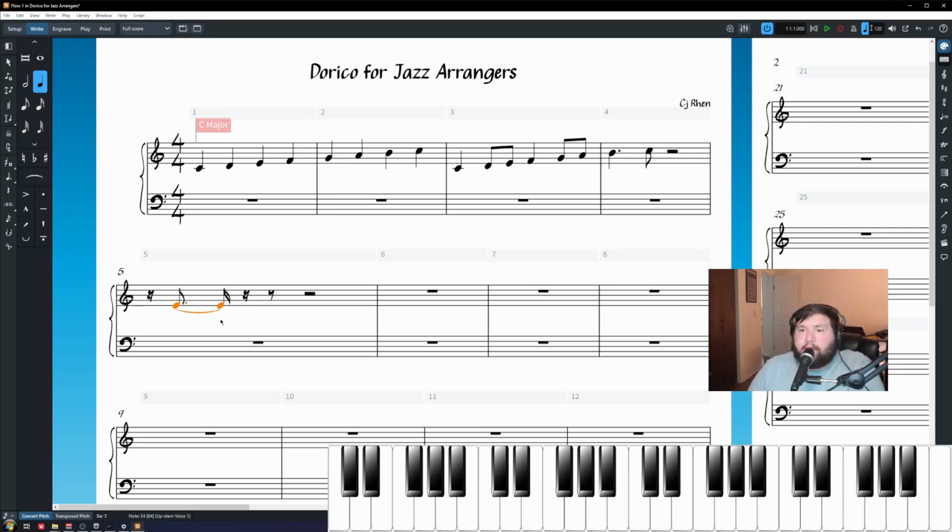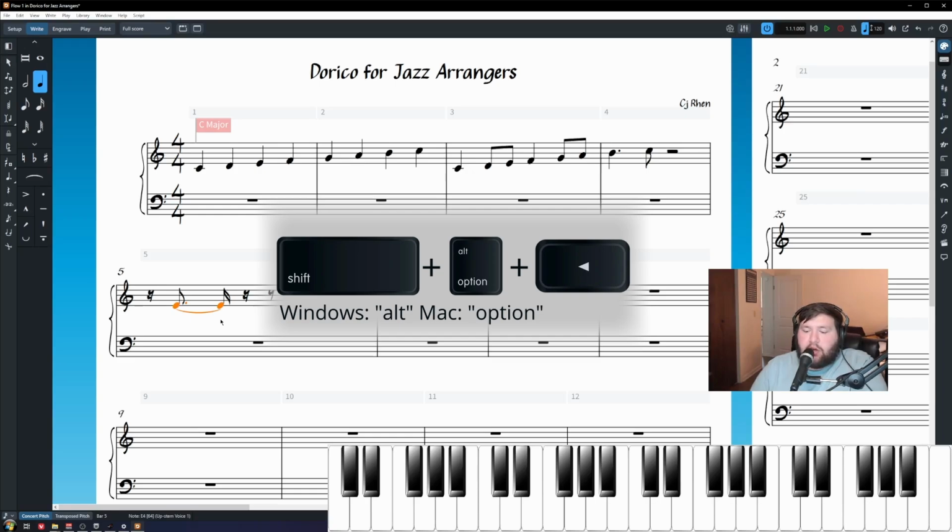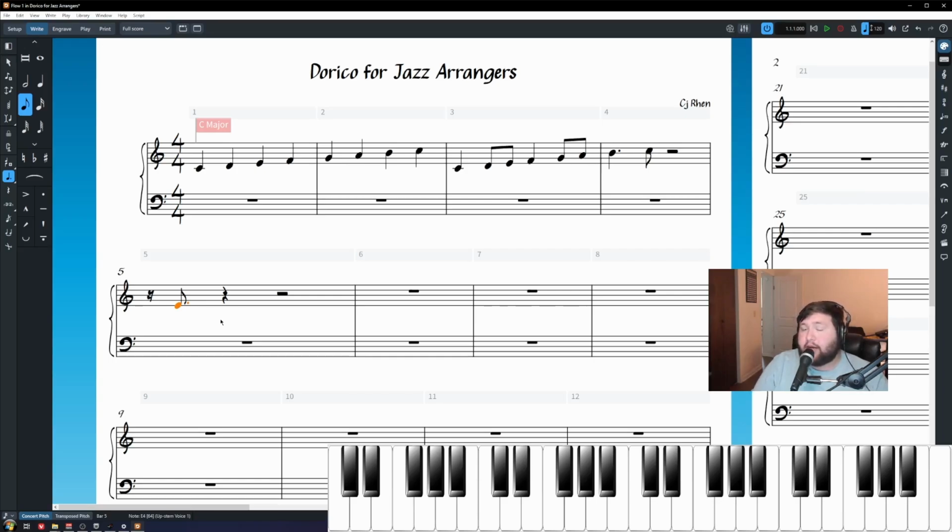Just like we were doing before when we increased it to make that dotted note. Now we're going to shorten this note with Shift, Alt, and the arrow key to the left. Now we got a dotted eighth note. Now that's not the only way to insert a dotted note. Let's continue up the scale